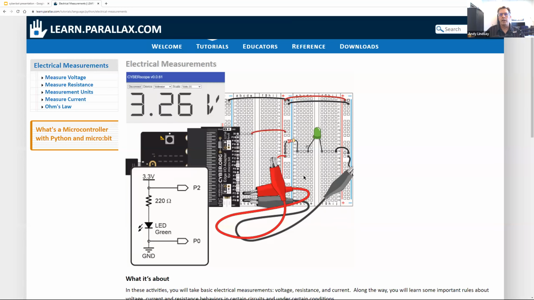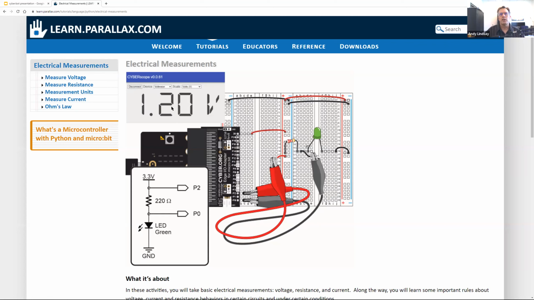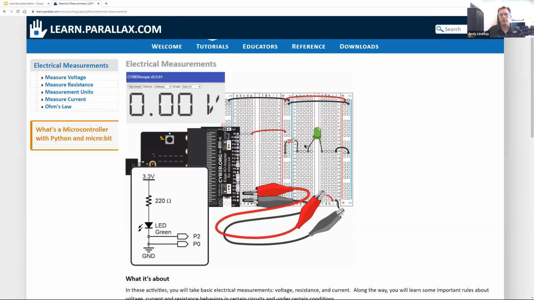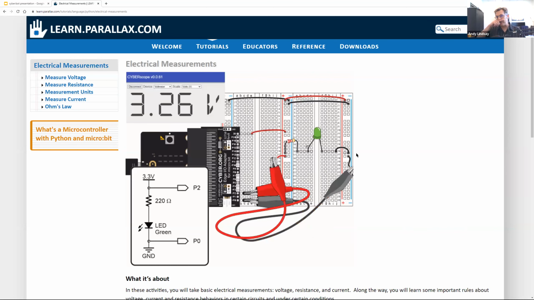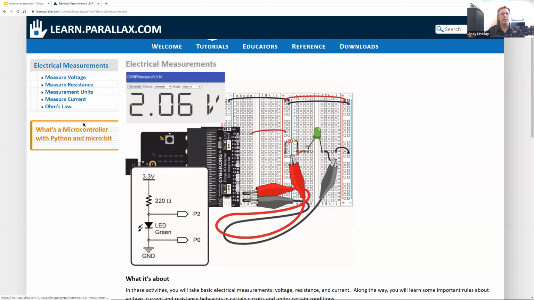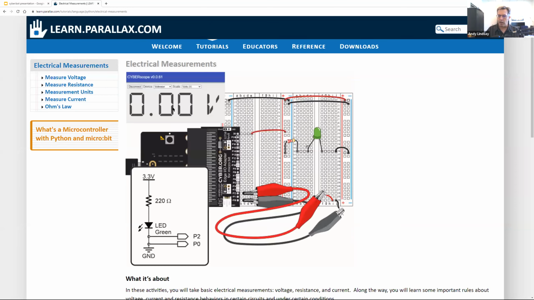And so when we take these alligator clip probes and put them across the circuit, we see 3.26 volts. And then across the resistor, we see 1.2 volts. And then across the green LED, we see 2.06 volts. And then that feeds into a lesson where basically the sum of the voltage across the two parts should equal the whole of the voltage applied across it, which is Kirchhoff's voltage law. And so that's just an example of many different kinds of electrical measurements that are done using this virtual